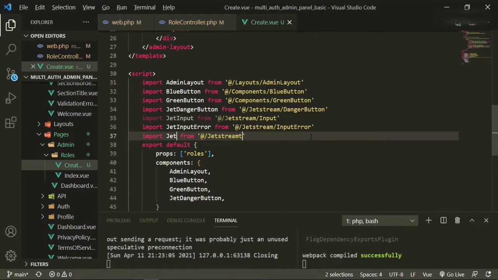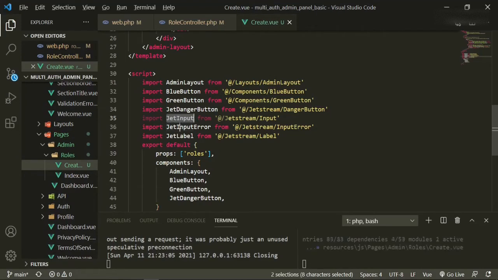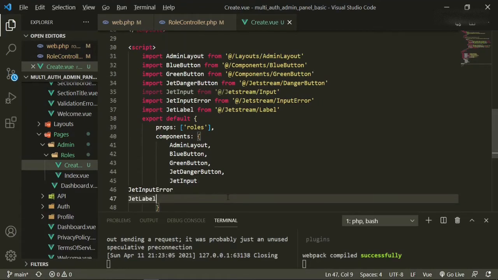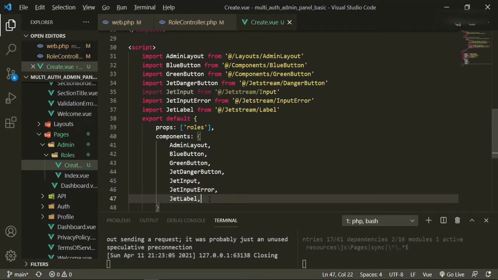JetLabel. Okay, I need to fix this. Jetstream/Label. Okay, so now we can take these, copy them, and then add them down here. Okay, comma, comma, comma. Fantastic.